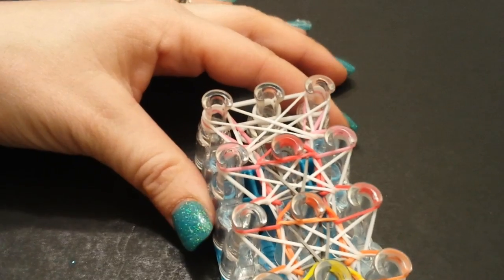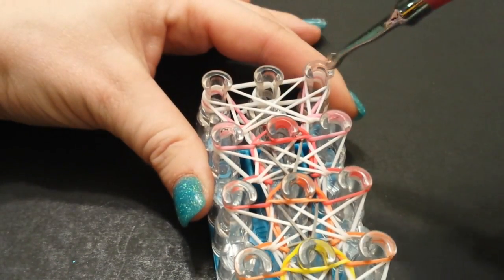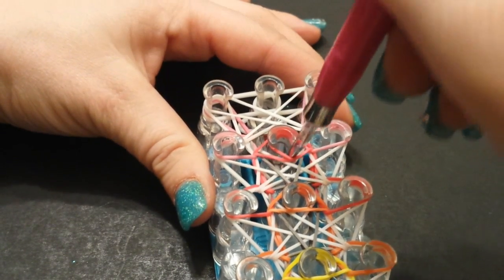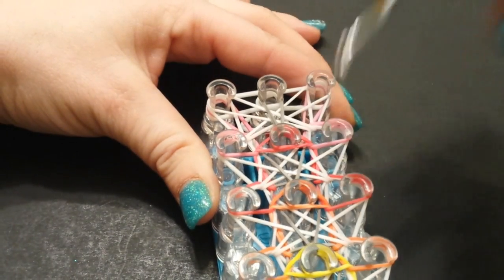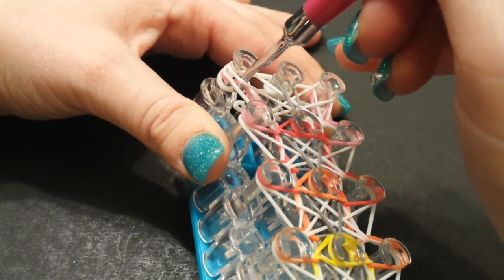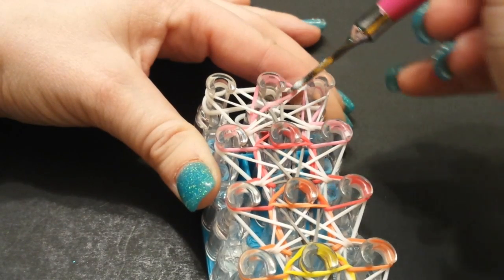Okay, so when you reach the very top, I'm going to go into this center one here, like I've just crossed these over. So now I'm going to go ahead and bring this middle one forward, and then I'm going to go into this left pin and push back the top two white and grab that pink, and I'm going to bring that into the center